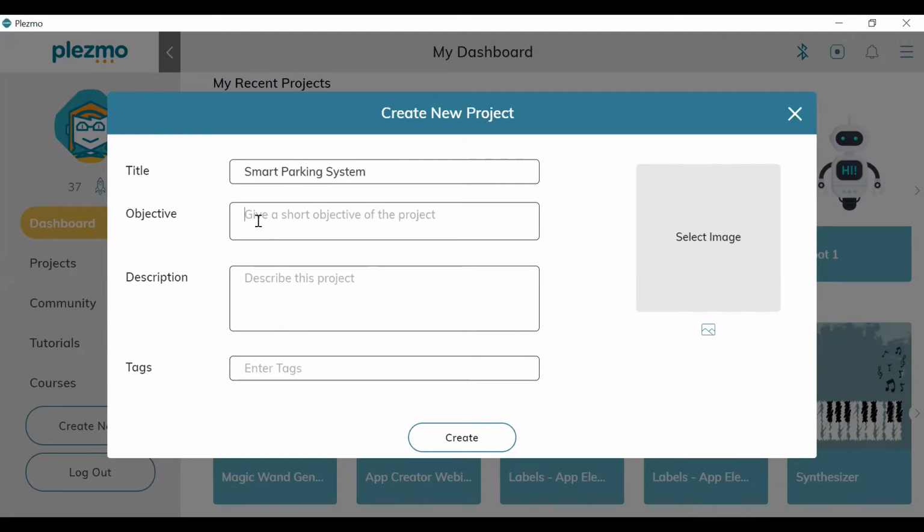The objective is to make an automatic barrier in a parking area. For the description, you can write anything else, as I have explained that we are going to make a system in which the barrier will open automatically and the driver will get an alarm when the barrier is going to close. So let us create our new project.